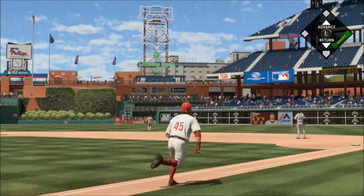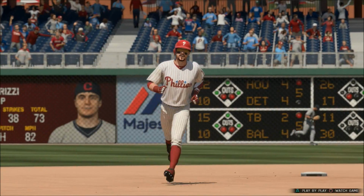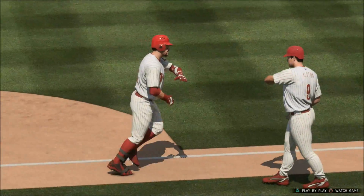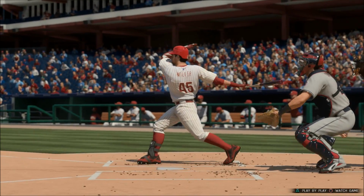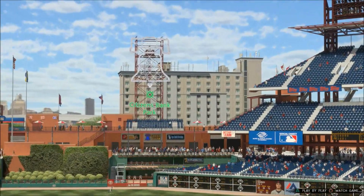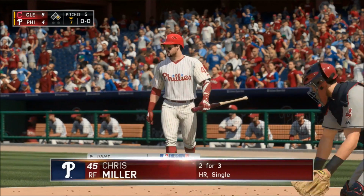Belted high and deep into right center. Irby looking up, and this one is gone. A home run. Solo shot to right center. Number 17 for him on the season. As they pull within 1 here, it's now a 5-4 game. And about the only silver lining to this one from a defensive standpoint is the fact that it came with the bases empty leading off an inning. So you can survive it when this guy's hitting just solo shots. It's when he's doing his damage with 2 or 3 guys on base that things can...